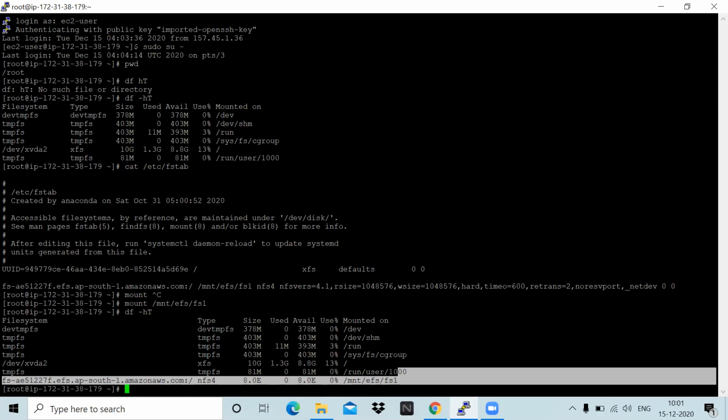When you created your Elastic File System, what was its security group? The Elastic File System security group, right? Yes. But for your Linux instance also, that was the Elastic File System security group, right? Yes. And when you gave the permission to allow NFS, that was allowed for the Linux one, right?